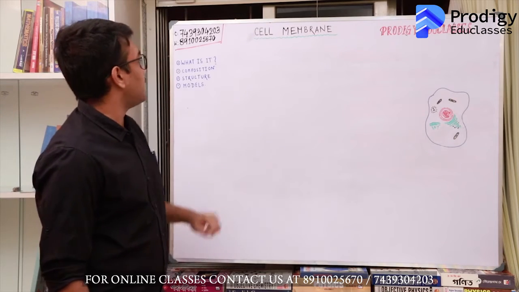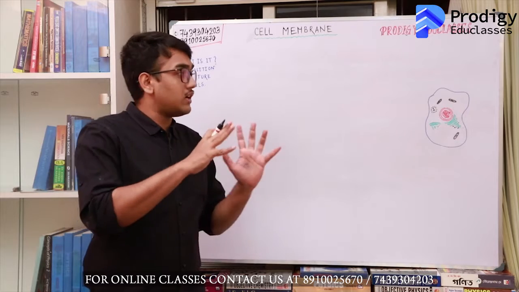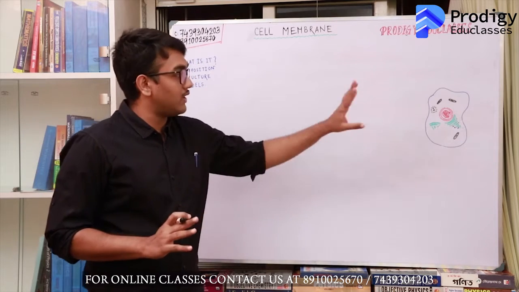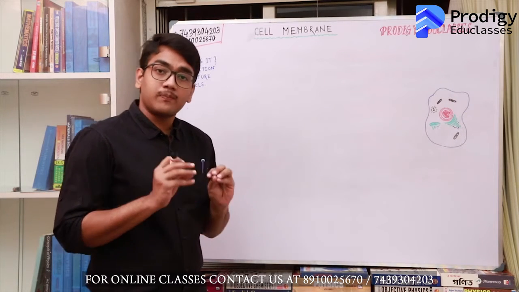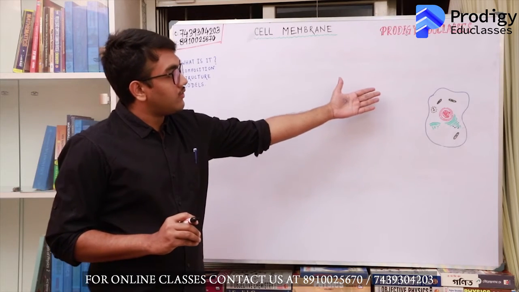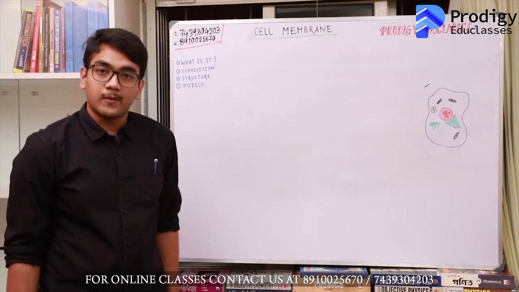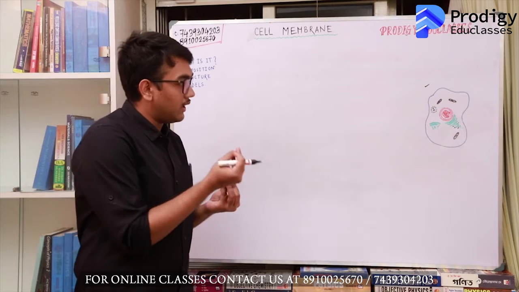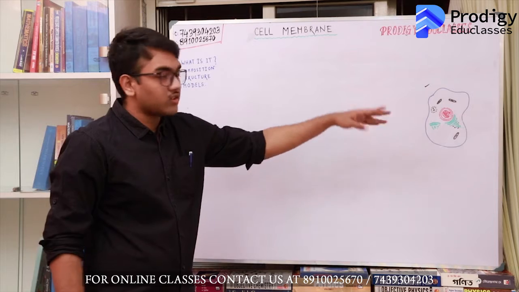Okay, so to begin with cell membrane, the first thing that you need to know is the cell is like a big room. Now it has all different components, the nucleus, the various cell organelles like Golgi body, mitochondria within them. But the cytoplasm, which is the major substance, is composed of water. The major constituent of the cytoplasm is water. And outside the cell, if you look, the intercellular matrix, this is also composed majorly of water. So there are a lot of substances, be it nutrients, be it hormones, be it any toxic substance, all of them are present, some are inside, some are outside.